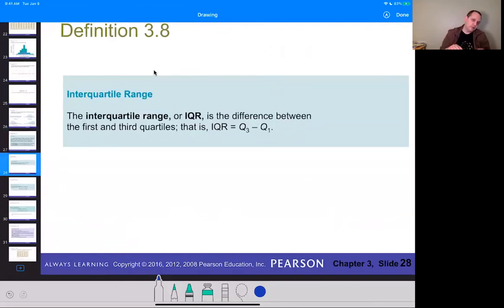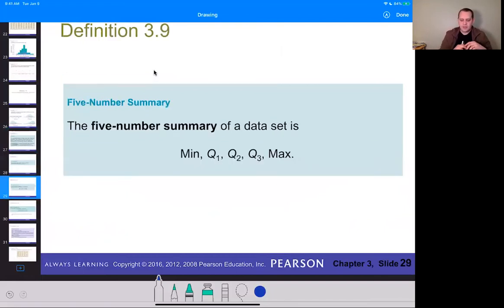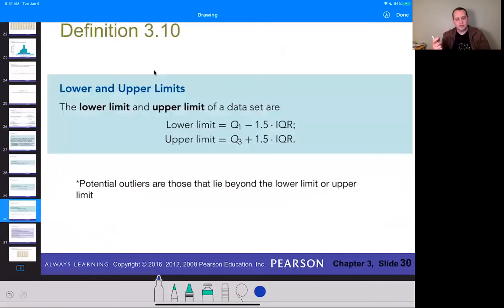Q3 minus Q1. And then the 5-number summary, very straightforwardly, is going to be your 3 quartiles, Q1, Q2, Q3, plus your minimum and your maximum. Okay, and that's again called the 5-number summary of a data set. And those 5 numbers can tell you quite a bit about what your data is actually looking like, how it